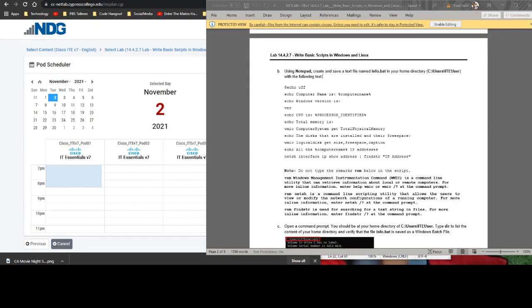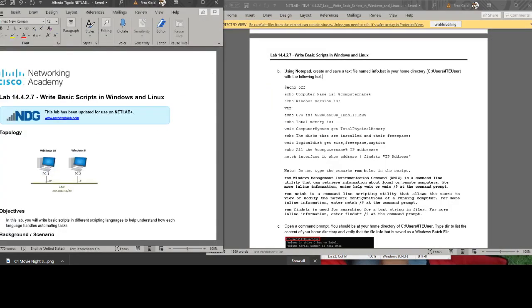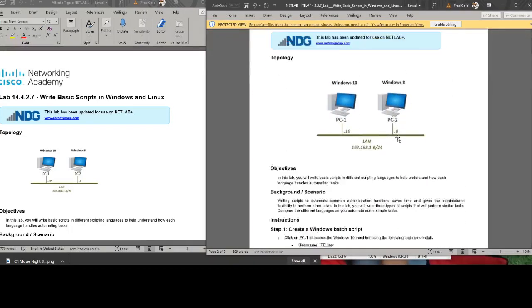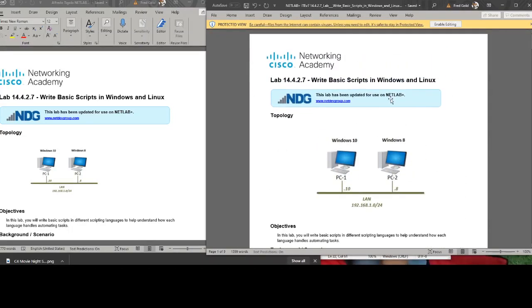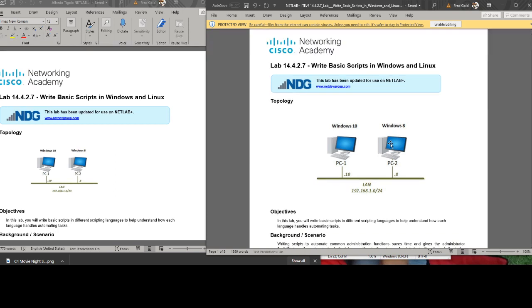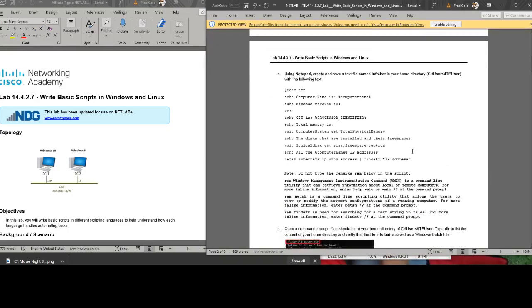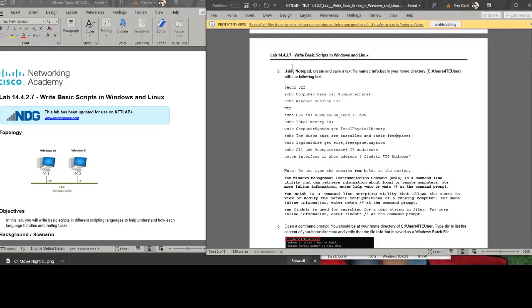You're going to get a lab manual. It's about 9 pages long. This is what I had in the fall with the written answers, but this is what you get when you sign in. So you're going to log into your NetLab, and those are the two examples there. I believe they have a Windows version of it as well, but you're going to sign in, and let's just jump into it. So in step B, they're going to ask you to use a notepad like so,